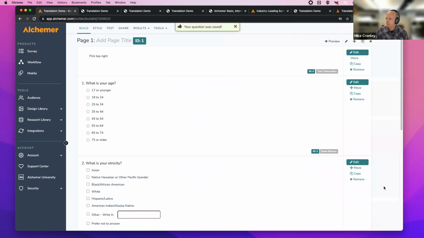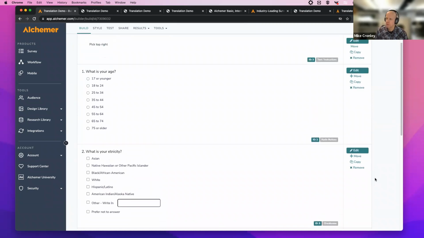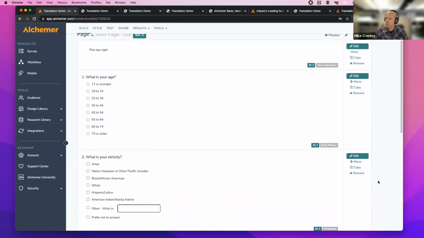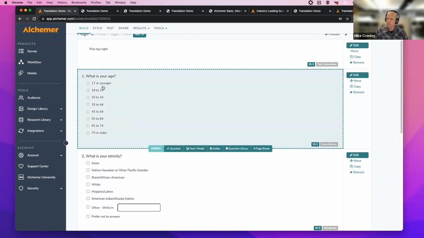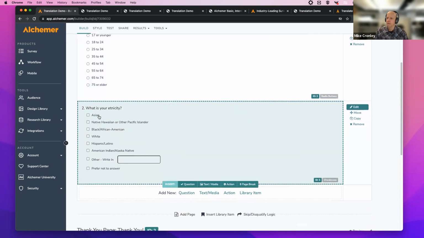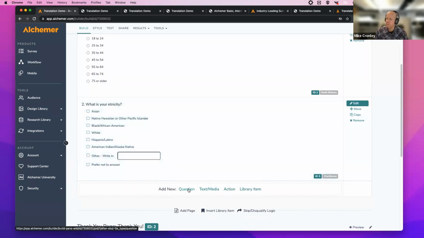So now I want to show you 3 options for randomization. So first, why randomize? Depending on the question type and the answer options, there's this thing called bias. In this example, I probably don't want to randomize these answer options because it is sequential. So I wouldn't want to randomize these, right? But maybe in this ethnicity race question, these are really bad examples. I apologize. Let me just build in something new.